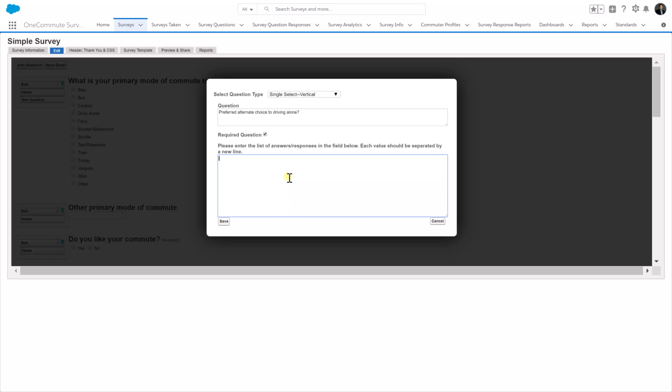So we could put in there all those choices: bike, bus, carpool, drive alone. Oh, we don't want to put that one. Ferry, scooter. We don't want that one. Let's say shuttle, carpool, van pool, walk. So we're going to put there the question, and this tells us that if we are calculating their distance,